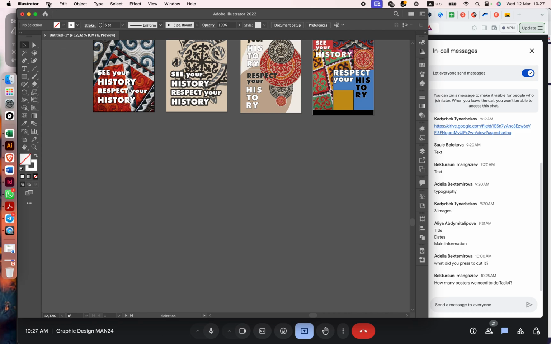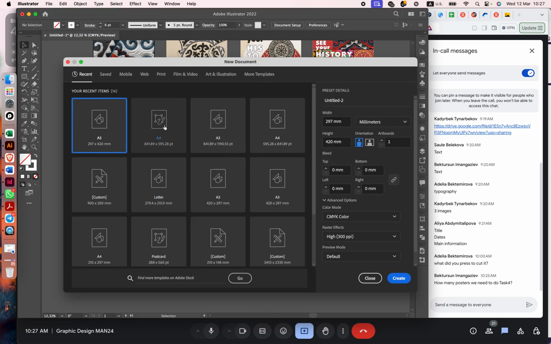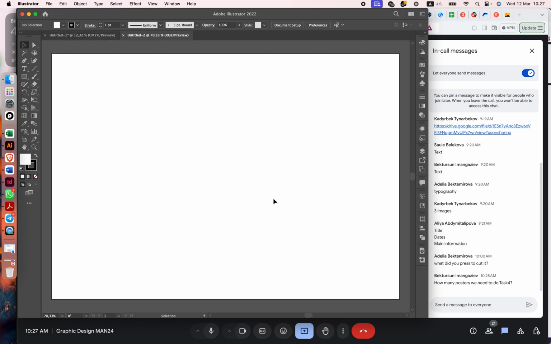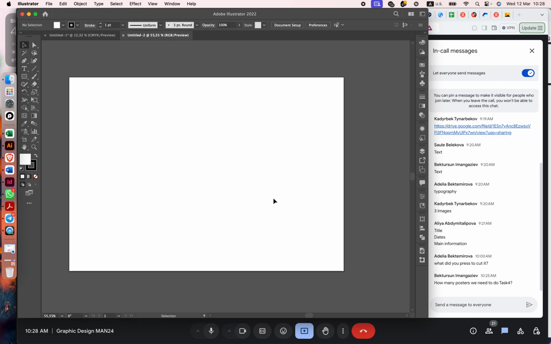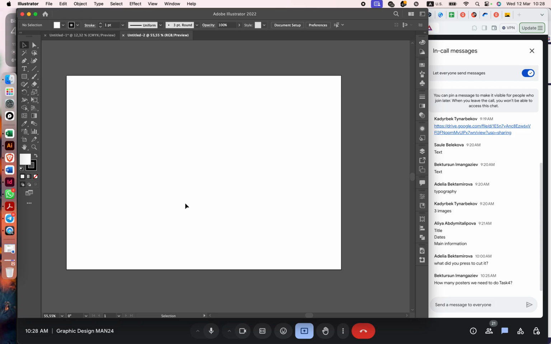You have to create the new file from File, New File. For example, I'm going to use A4 format, millimeters, for my work. And this is the background where I'm going to create my pattern. But before creating the pattern, you need to create a segment which you are going to use for making the